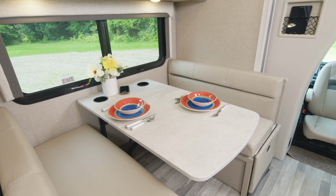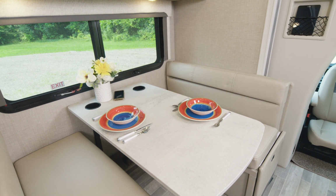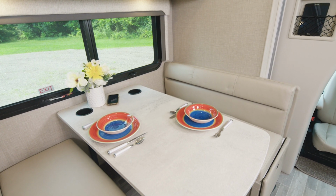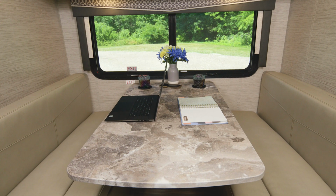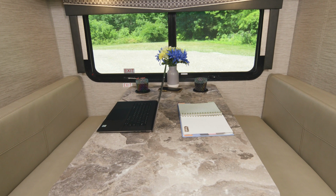So this floor plan has your dream dinette, and we will show it to you with a few different setups. Here, it's ready for mealtime. And notice in the back, it has a built-in wireless phone charger. Here's another way to put that dinette to use. How about as a work desk, or just a place to toss up the laptop and post a few photos